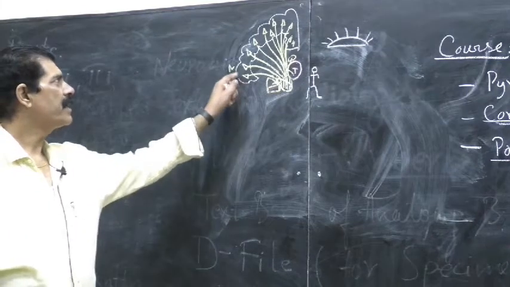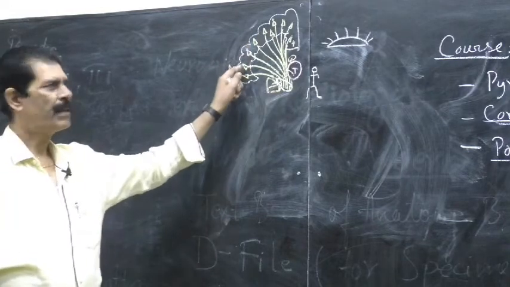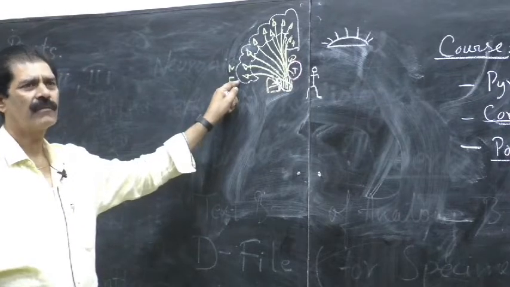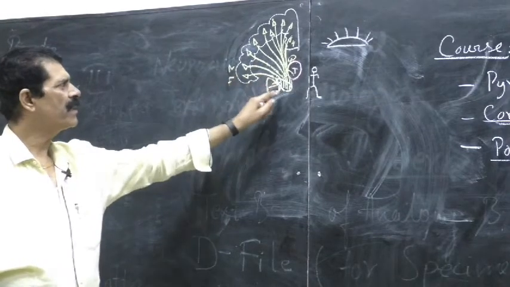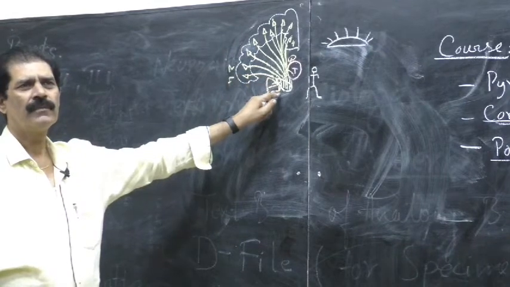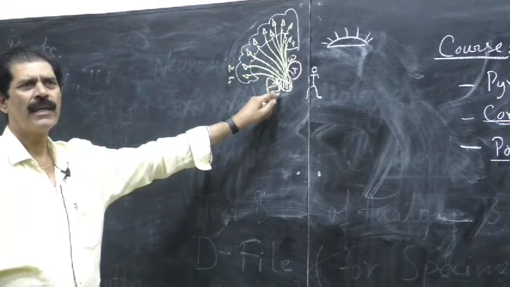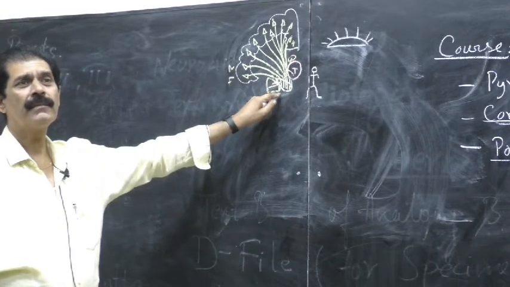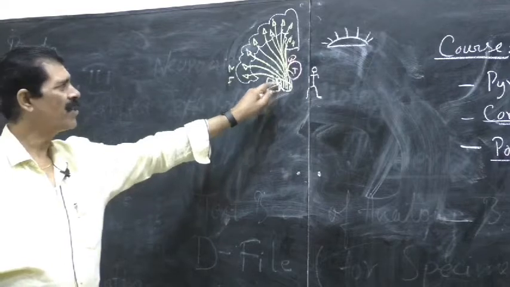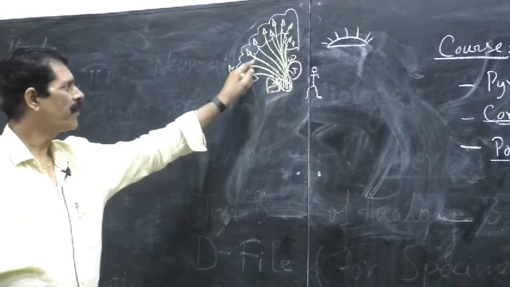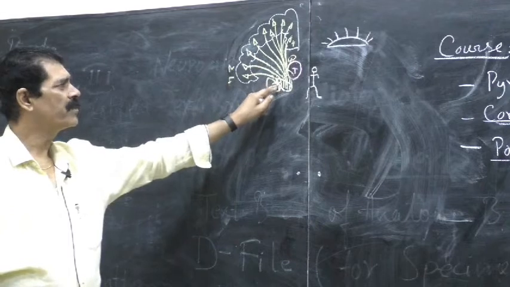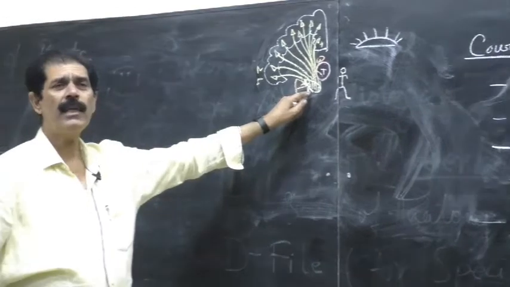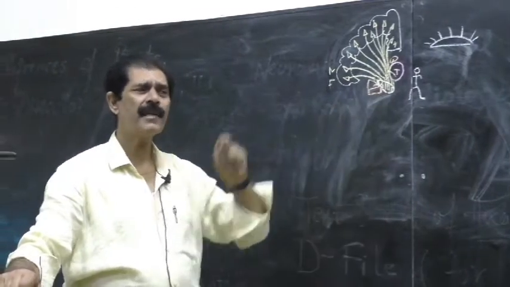Now the corona radiata is a very big area. If you measure this area on the human brain, it is about 6 inches long. But when these fibers reach the level of the internal capsule, if you measure that area, it remains only 2 centimeters in length, or only 1 inch. So all the fibers from head to toe, the motor fibers responsible for muscle movement, are confined to only 2 to 3 centimeters.